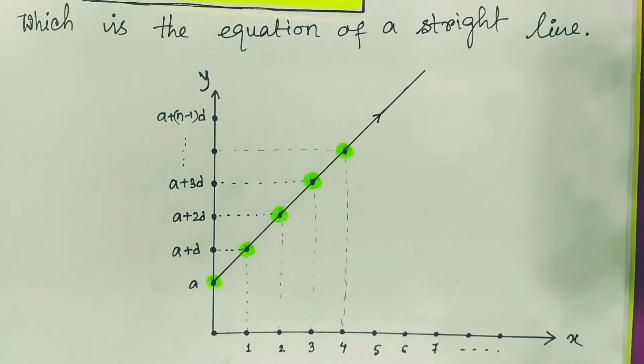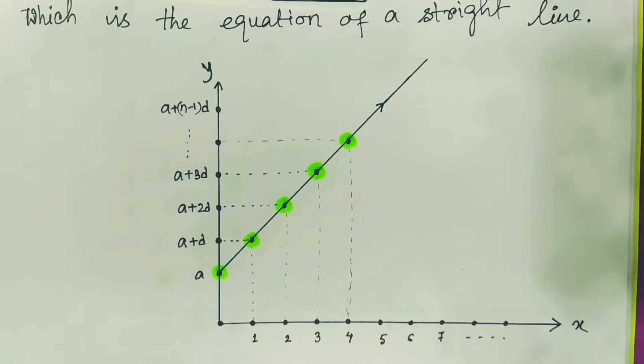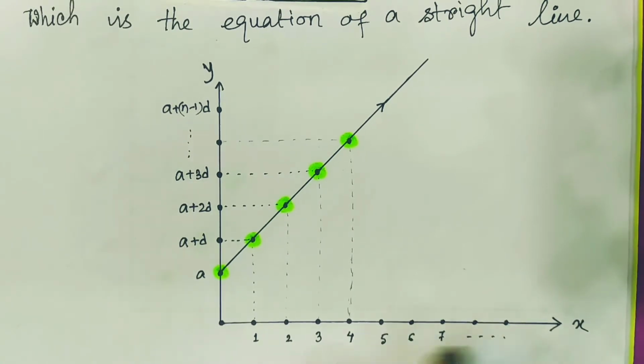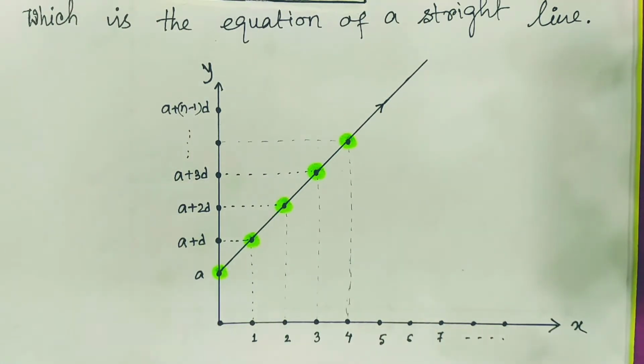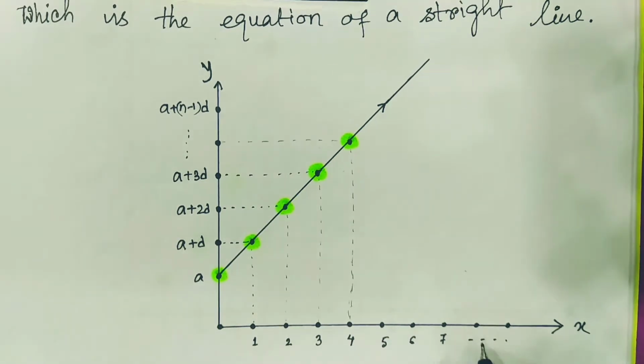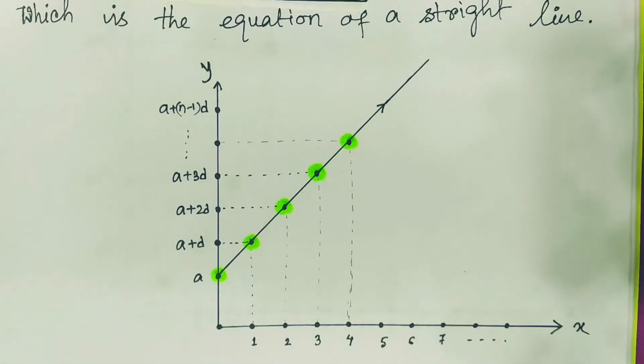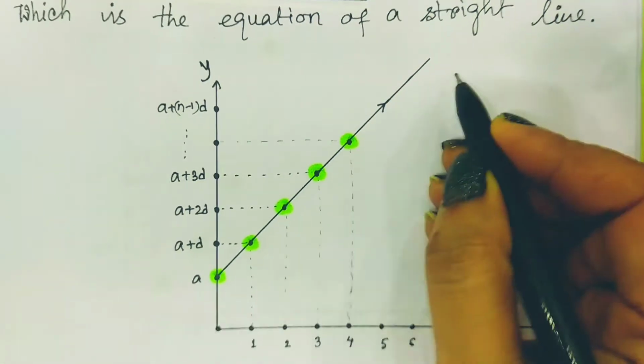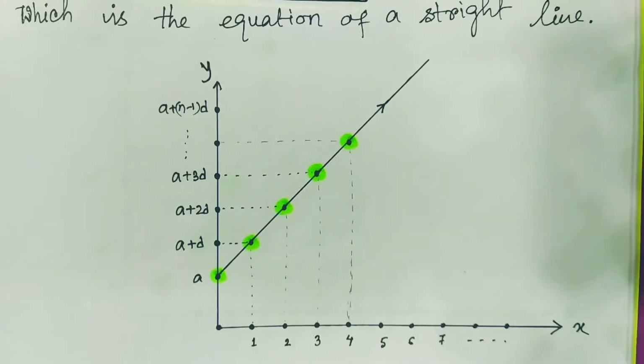So if we plot this sequence on graph paper, what will we find? Say the x-axis gives the x values, that is 1, 2, 3, 4, increasing for all n, and the y-axis gives the Tn values, the corresponding A1, A2, A3 terms. Then if we plot accordingly, we will find all the points lie on a straight line. So I hope you can visualize now what your AP is. In fact, any AP series is just lying on a straight line.